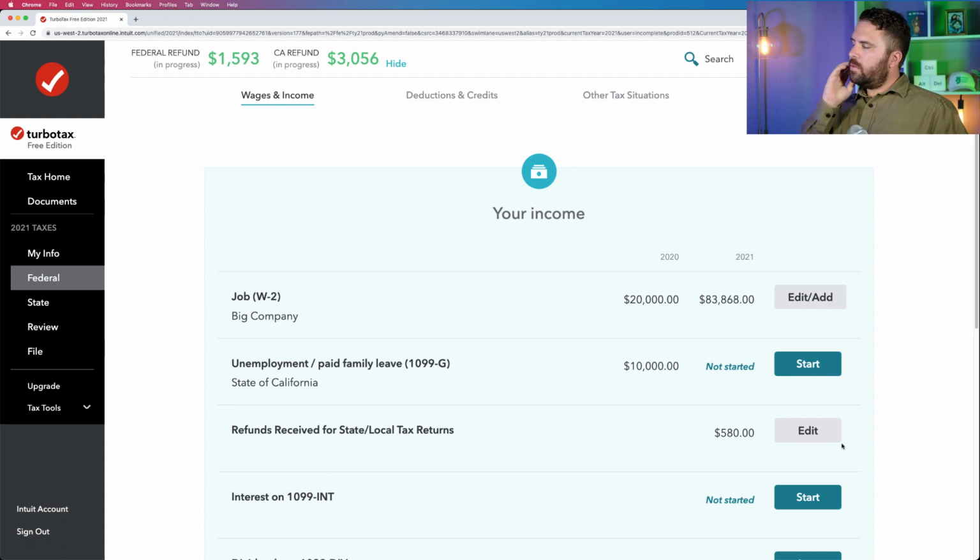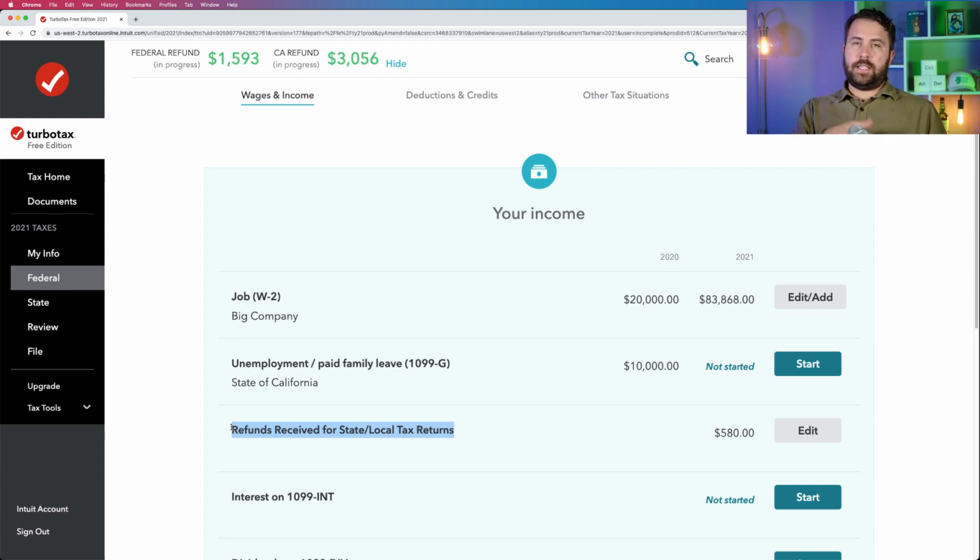So basically, what this is: if you itemize your deductions, you get a deduction for state and local taxes you paid. Unless you're subject to AMT or something like that. But let's say you paid $10,000 in taxes to your state during the year. You can deduct $10,000 on your Schedule A, on your federal income tax return. Well, what if you got a $5,000 refund from your state? The IRS is like, hey, you deducted $10,000 as an itemized deduction, but you got $5,000 of that back from